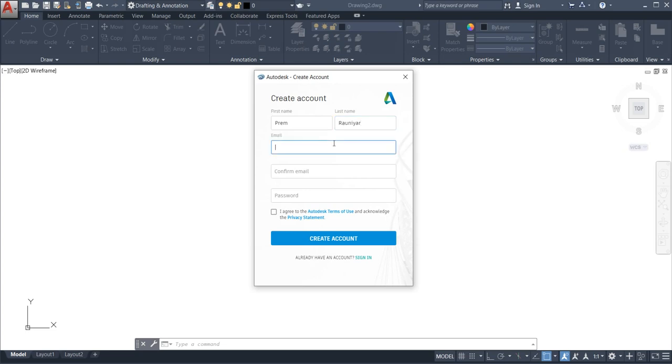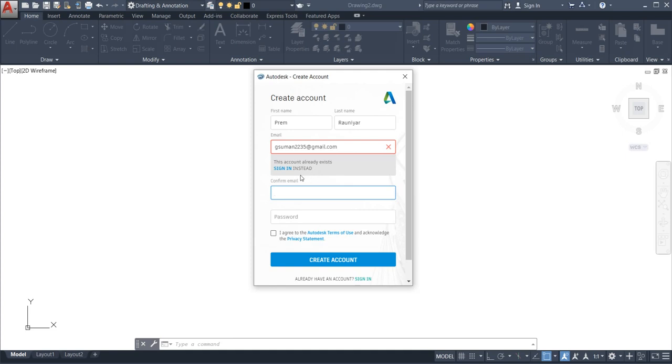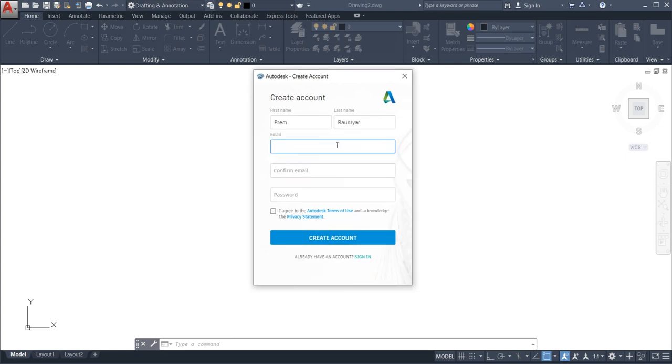After that I need to enter my Gmail ID. Whatever you have, you can just insert it, at the rate gmail.com. Then confirm your email. This account already exists, so I need to use an account which does not exist.